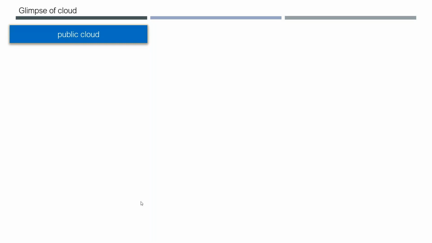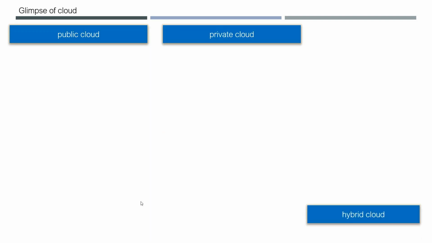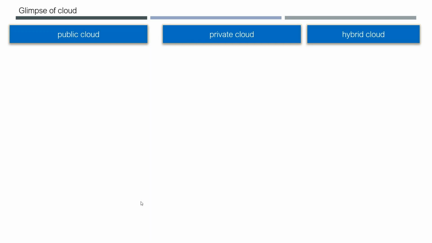No, as of now. Okay, now you know why cloud came into the picture. Now you need to understand there are three different types of cloud. Conceptually, one is public cloud, then private cloud, and then hybrid cloud. I'm talking about these concepts with respect to the applications. Public cloud means AWS, Azure, or Google Cloud Platform. These are the public clouds.